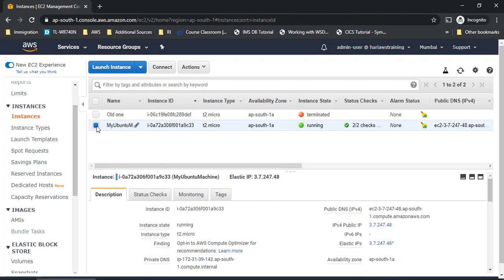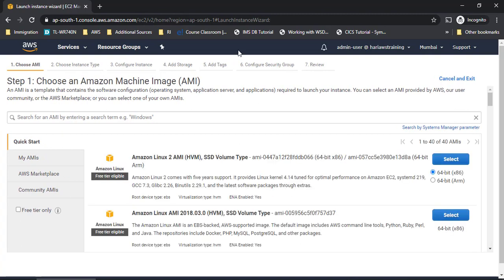So earlier we created an instance using launch instance, and I selected a machine, an AMI, and then went through the next options. There are many options. I selected each and every option, selected some values for it, and till the end I reviewed the screen and said yes, this is what I have done. At the end I created a key pair. So these are the steps we have taken. You can see it is almost 7 steps to create an EC2 instance.